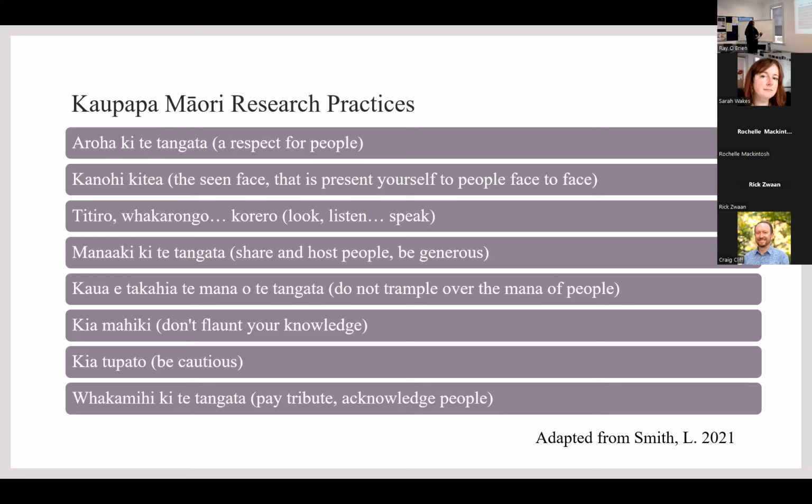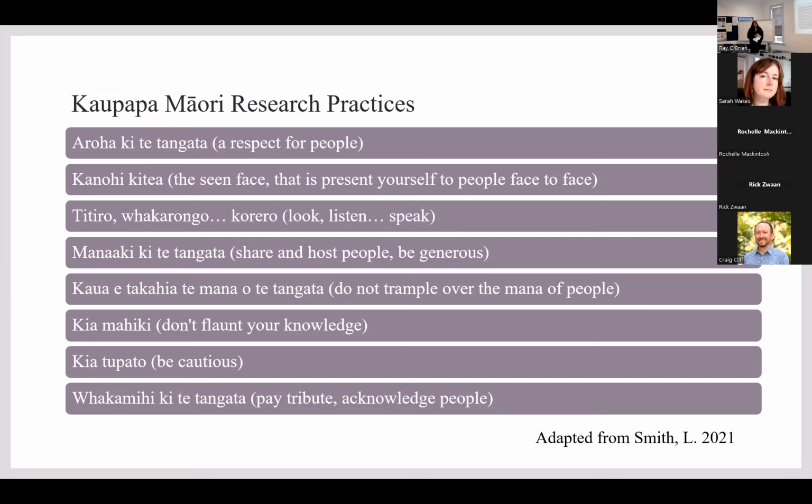So to address objective one, we advise that when conducting research, kaupapa Māori research practices need to be implemented and carefully considered. These practices include aroha ki te tangata, a respect for people; kanohi kitia, the seen face, making sure you communicate face to face; titiro, whakarongo, kōrero, look, listen, speak, be actively involved; manaki ki te tangata, share and host people, be generous; kaua e takahia te mana o te tangata, do not trample on the mana of the people;